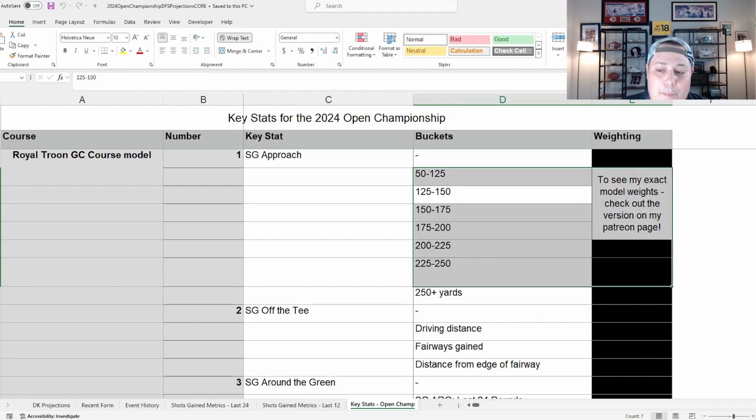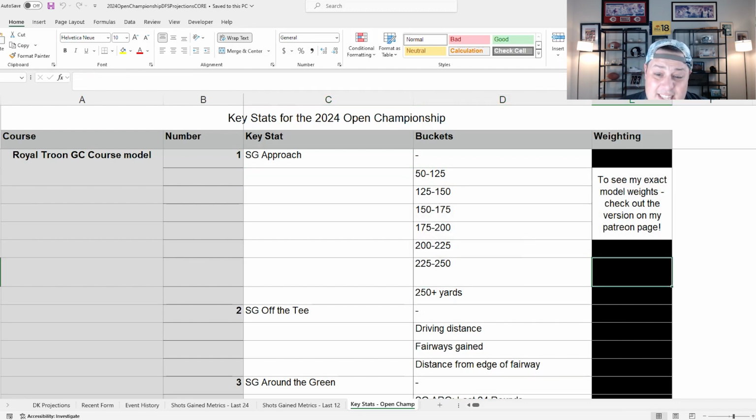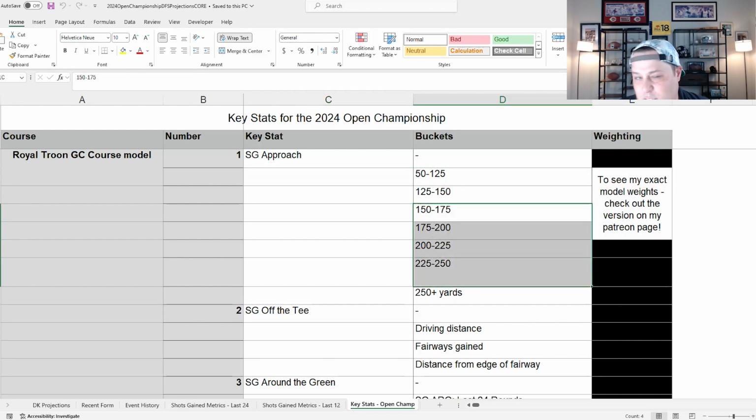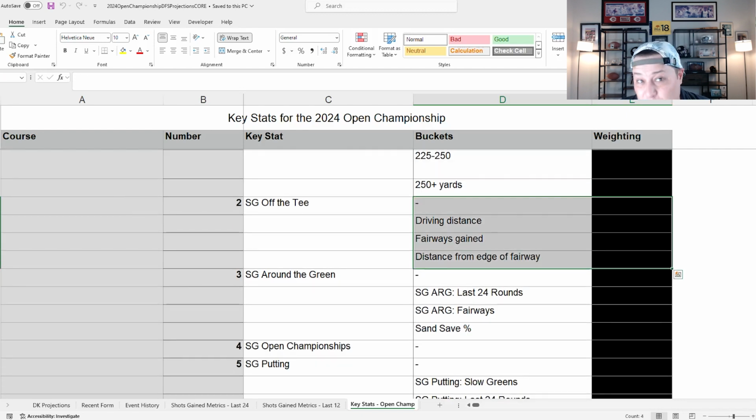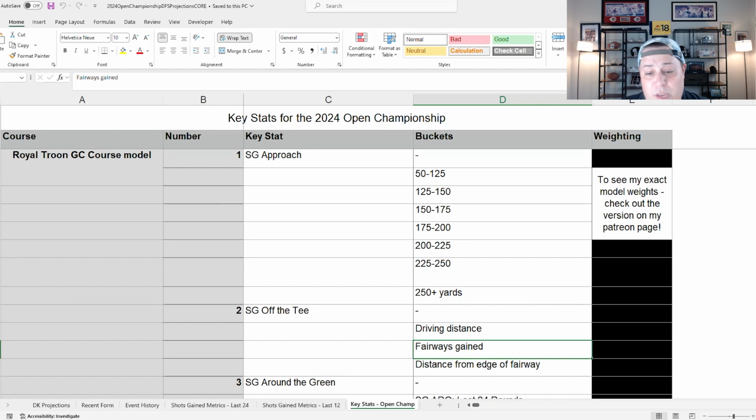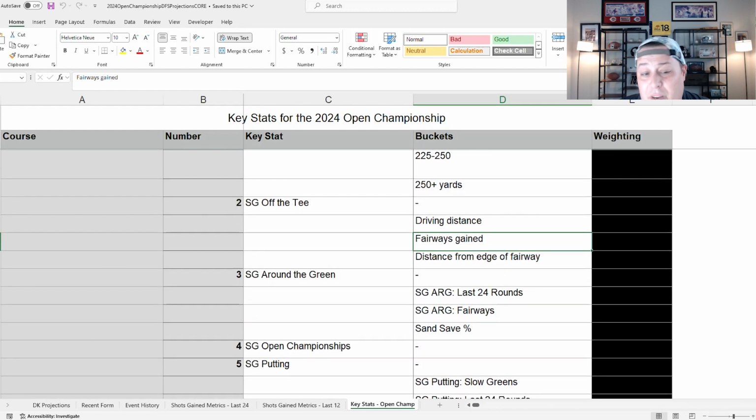So when you take a look at my model weights over there on the Patreon, you'll see that from 150 yards and up is where a lot of my emphasis is going to be. Off the tee, I think it's going to be an extremely off the tee heavy kind of week. So irons are always number one, pretty much regardless of golf course, but a close number two is this off the tee. And if you had to choose between distance and accuracy, I would favor the driving accuracy side of things,